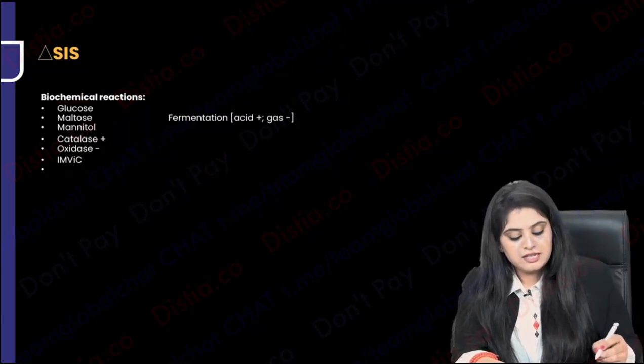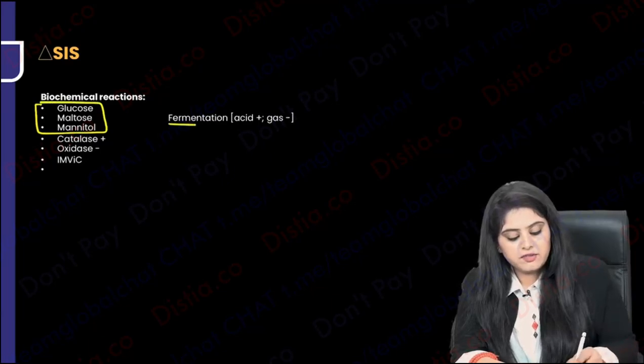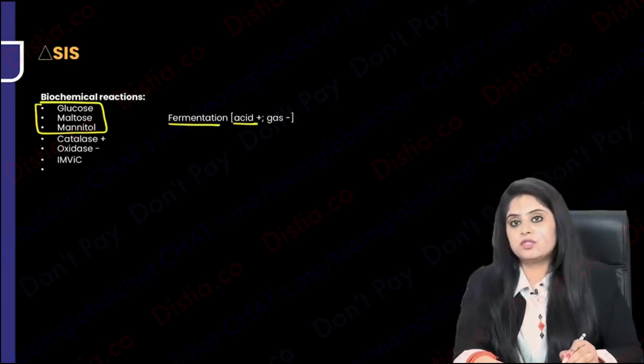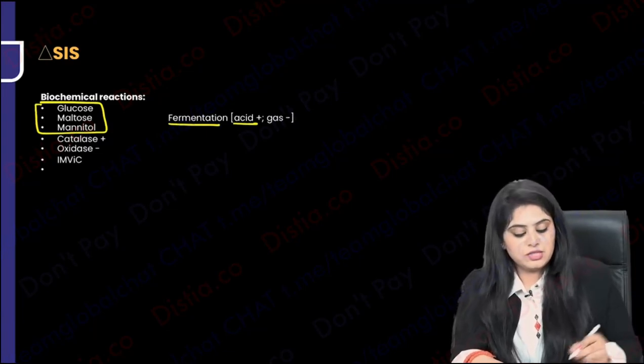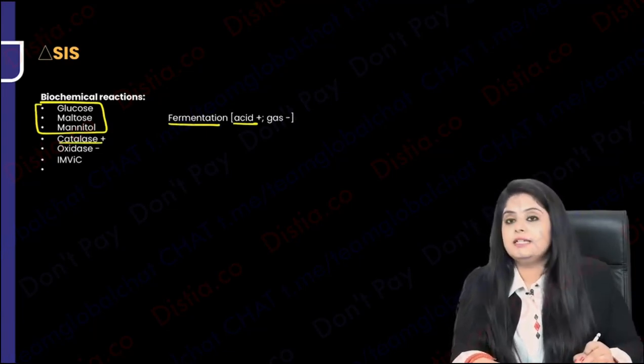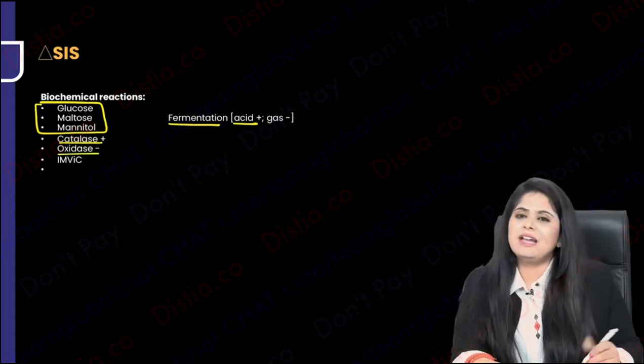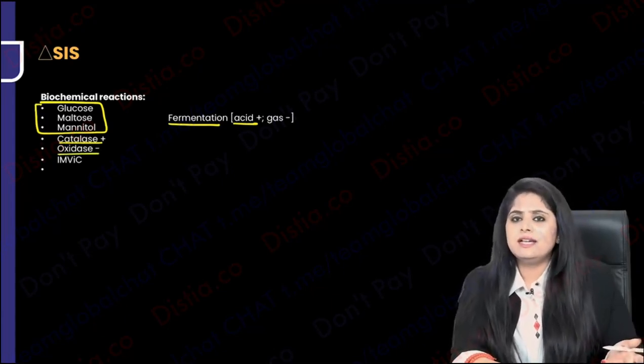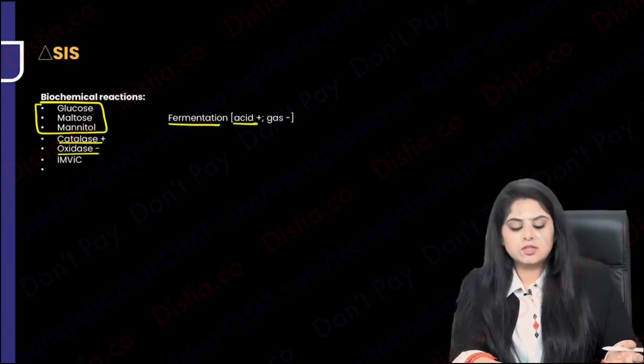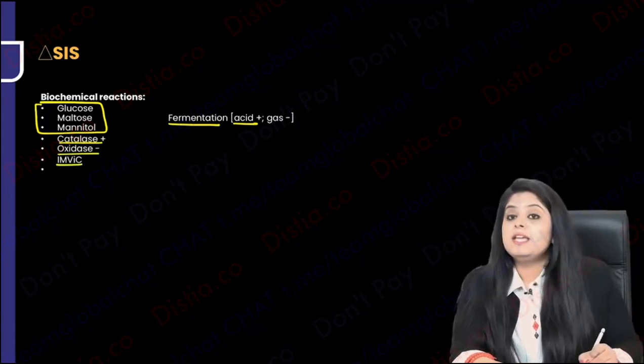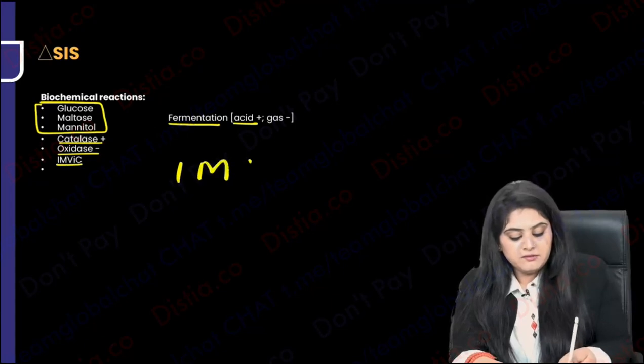So we have realized that the glucose, mannitol, maltose, basically the sugars are going to be fermented only with acid production. No gas production. Catalase positivity, yes. Oxidase negativity, but that is for everyone in this family, na? Enterobacteriaceae, catalase positive, oxidase negative. You will tell me IMVIC testing. Is pure mein IMVIC is important.